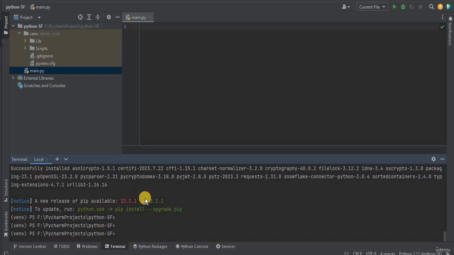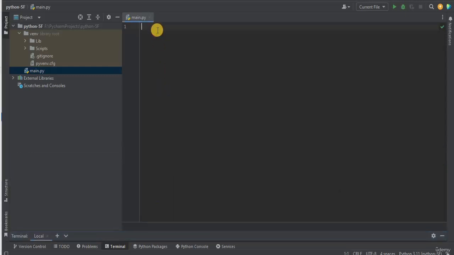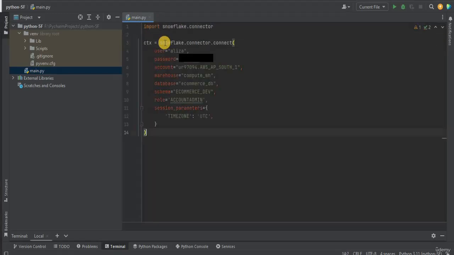Once this is done, I am going to go ahead and write a few lines of Python script here in PyCharm. Firstly, I'm going to import the Snowflake connector which I have just downloaded, using import snowflake.connector. After that, I'm going to use the connect function of the Snowflake connector. Now this function accepts certain parameters. The first one is the username of your Snowflake account. The next value is the password for your Snowflake account. Then you have to provide the account value. For the account value, firstly, you need to pass your account ID, add a dot, and then place the region of your Snowflake account.